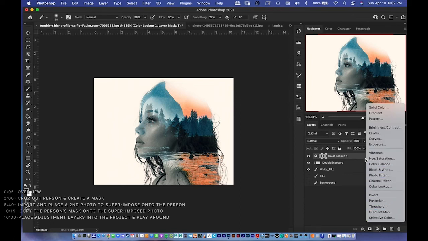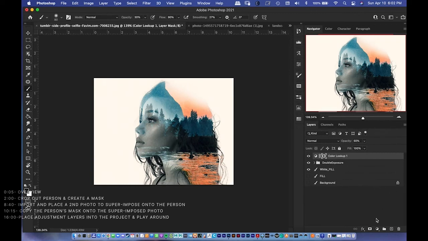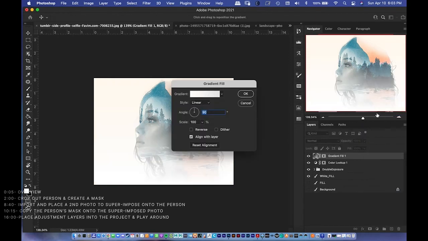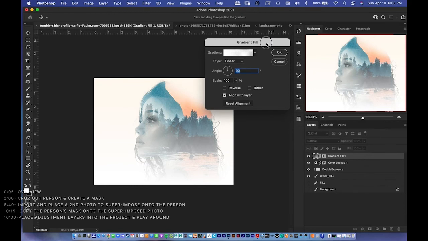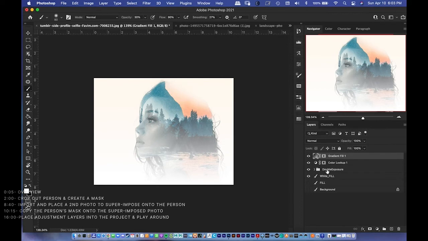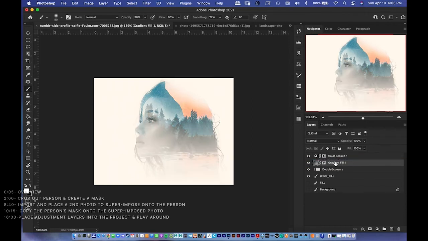Something else that I like a lot is the gradient. Sorry, let me explain that more before I do it. So the adjustment layer gradient. I'll just click on that and go up to gradient right here. And you can see right off the bat, it looks like that, which is a little bit much. One thing that's cool here is, remember, I have my white background, then I have my double exposure over here. So I can take my gradient and put it below. I need to make some adjustments to the gradient. I can bring it on top and have it